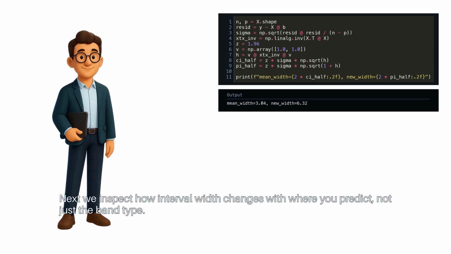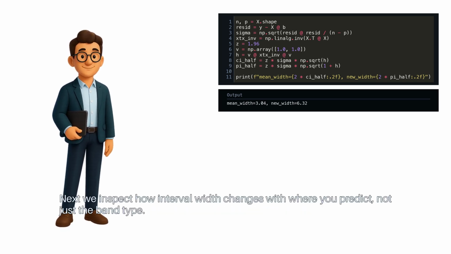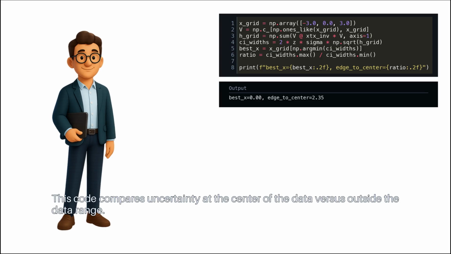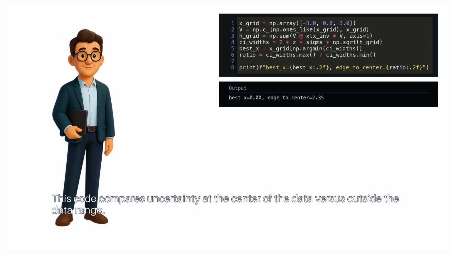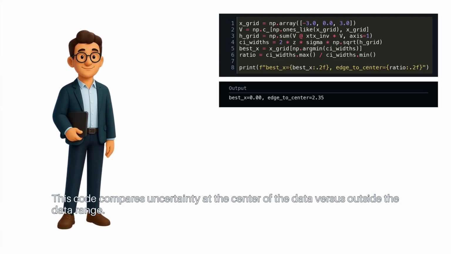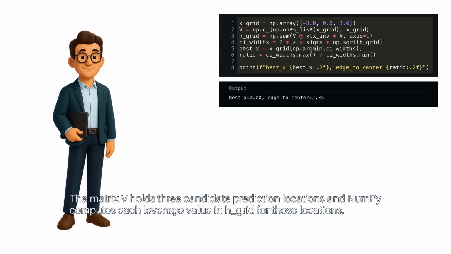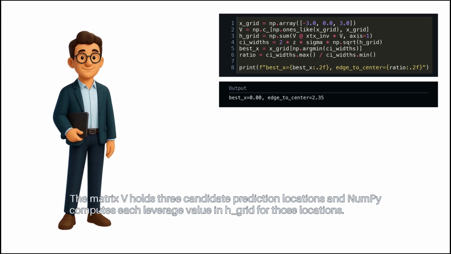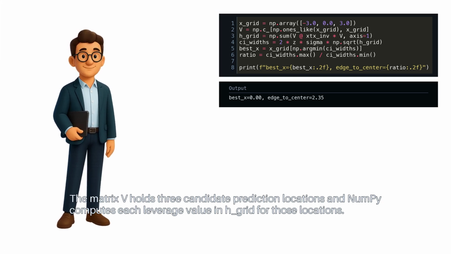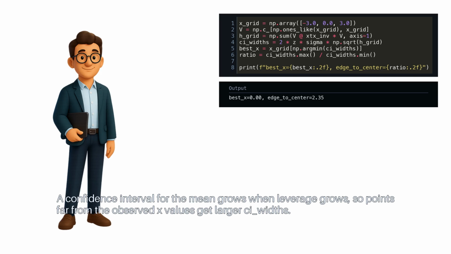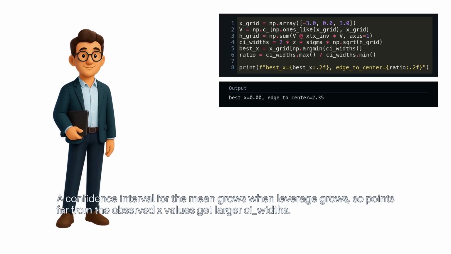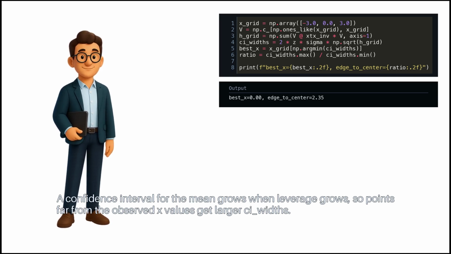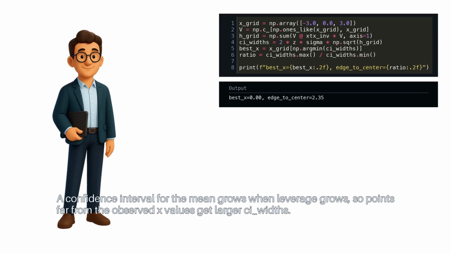Next, we inspect how interval width changes with where you predict, not just the band type. This code compares uncertainty at the center of the data versus outside the data range. The matrix V holds 3 candidate prediction locations, and NumPy computes each leverage value in hgrid for those locations. A confidence interval for the mean grows when leverage grows, so points far from the observed X values get larger